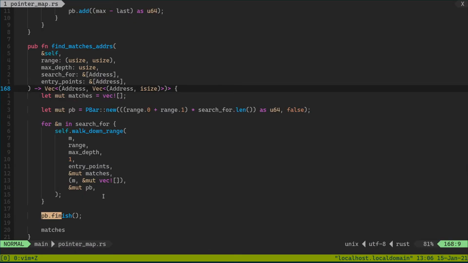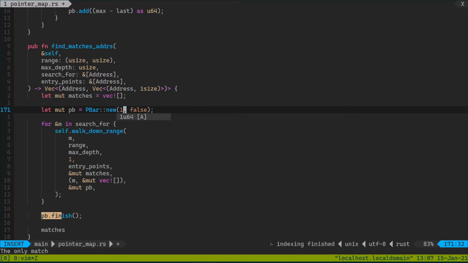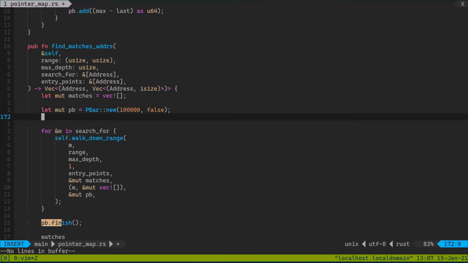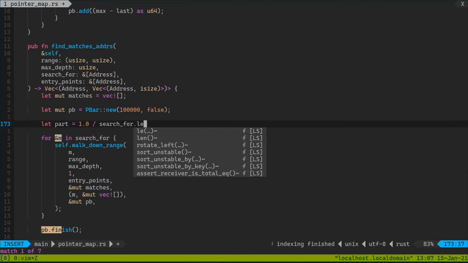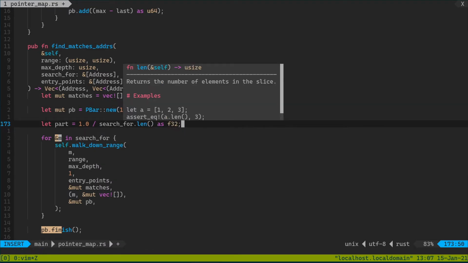Okay, future Ori here. I'll show you real quick how to fix this whole progress bar, make it absolutely perfect. So first of all, instead of calculating the range, we just pass a percentage value of 100,000. So it would be 100 and then the point values. So you have this progress bar with 100,000 max value. Then what we're gonna do, create a part, how much one single element uses of the whole progress bar. So it will be let part equals 1.0 divided by search_for.len() as f32, and this will be